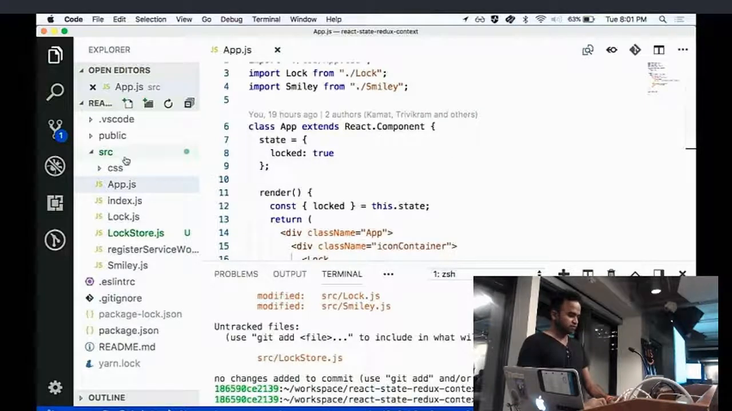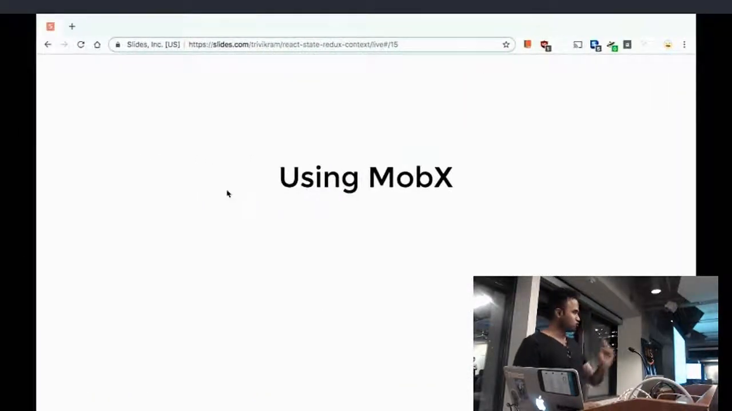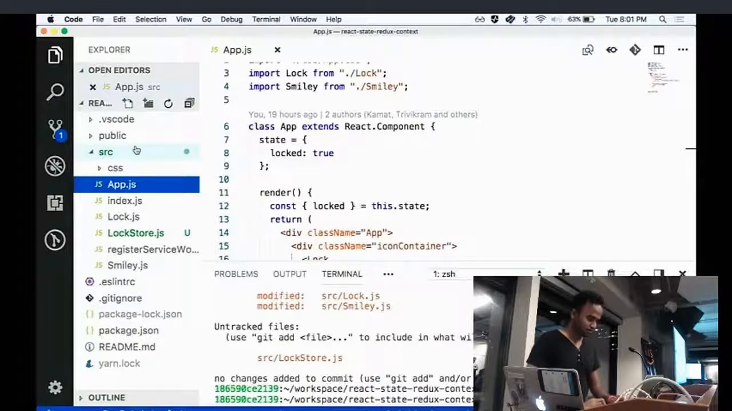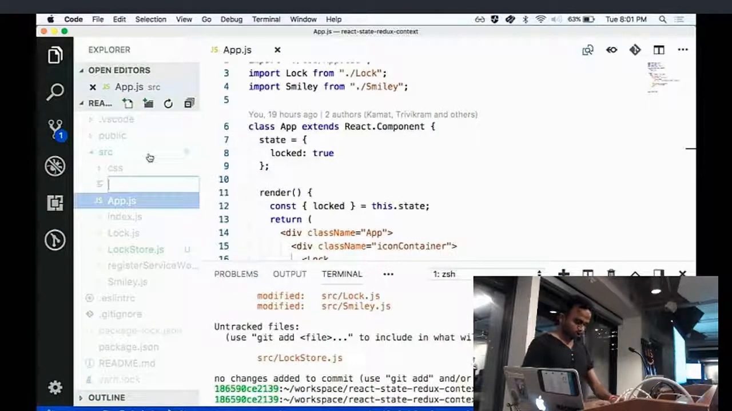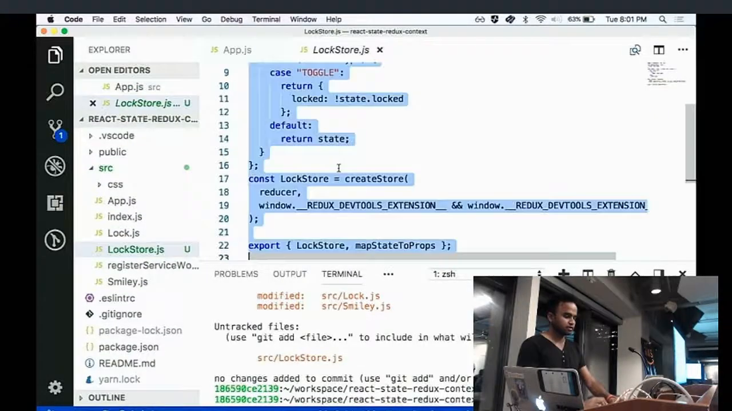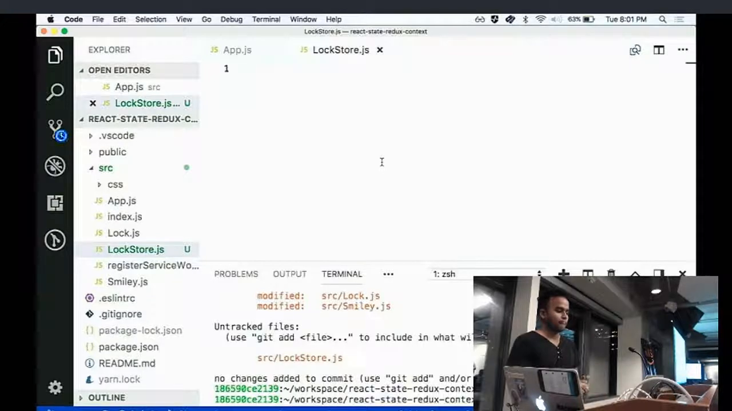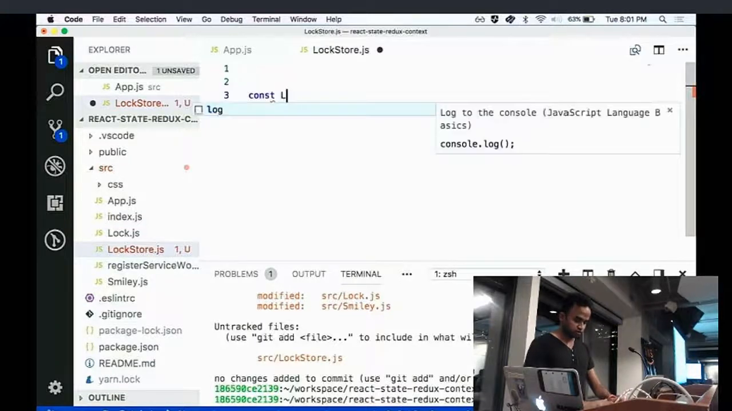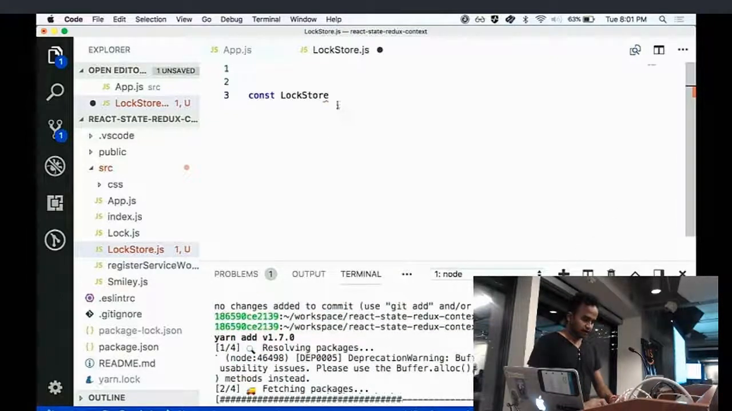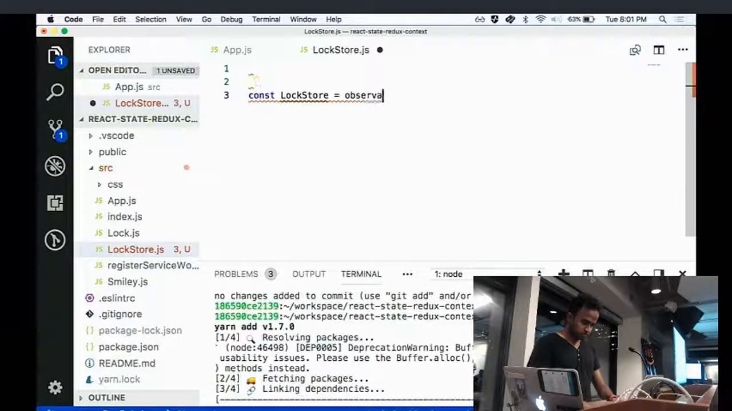To use Mobx, first thing I will do is go through the presentation one by one. First, create observables and provider. So I create a new file called logstore. Oh, it's already there. Okay, logstore. Now first we are going to create observables. Just see how it works. I'll say const logstore. First I have to say yarn add mobx, and in logstore I'll say observable,